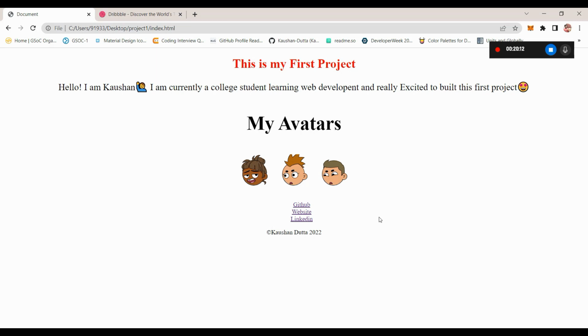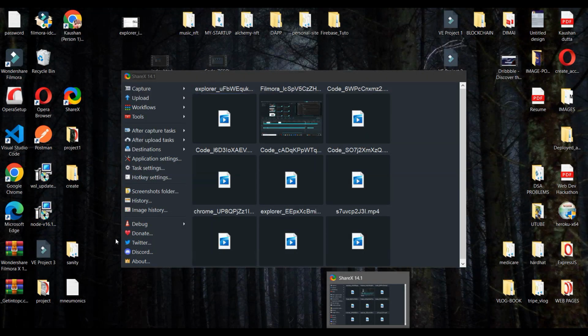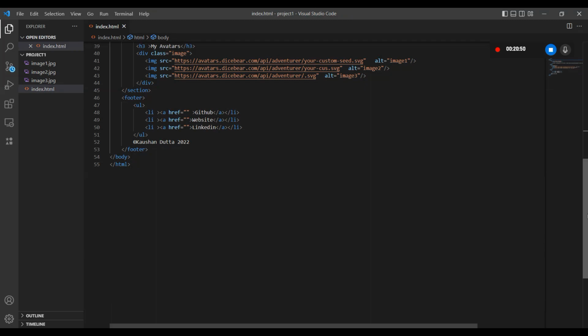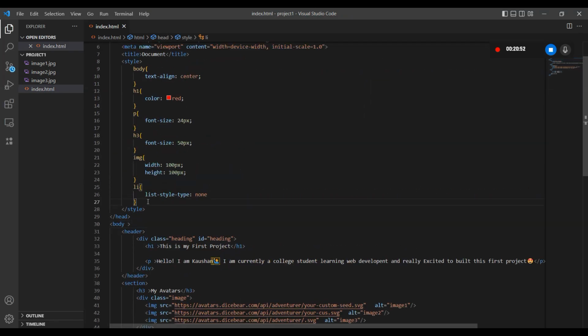Now let me make some more changes in this website and add more CSS code. You can see this GitHub, this website, this LinkedIn, whatever links are there, are arranged column-wise. Now I want to arrange this row-wise. How can I do it? Using the flex method. So for that I want to